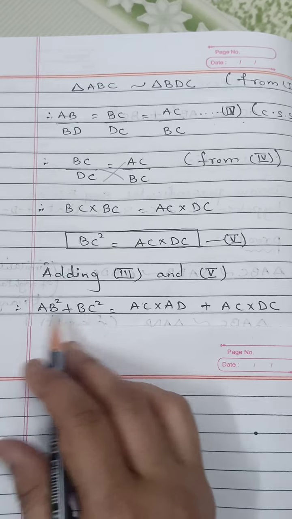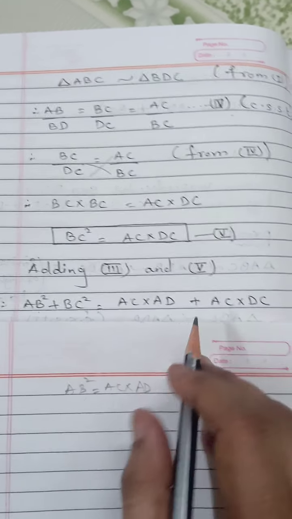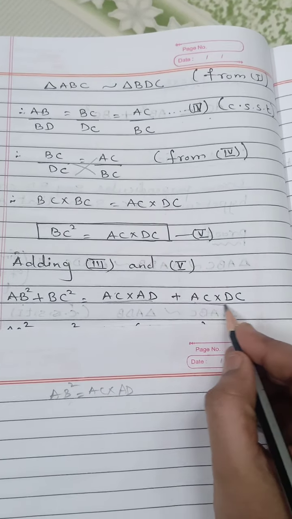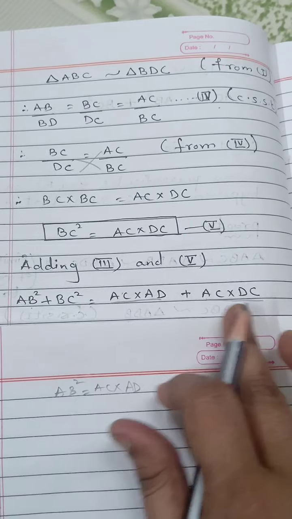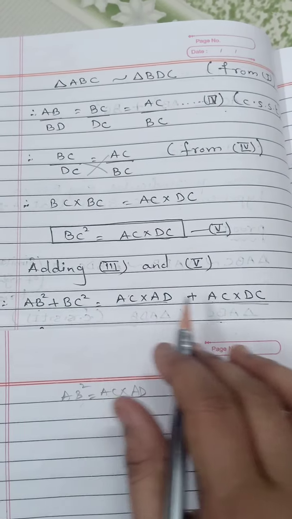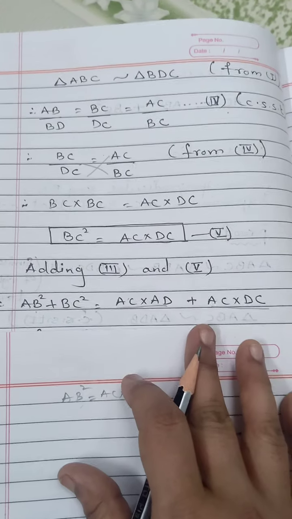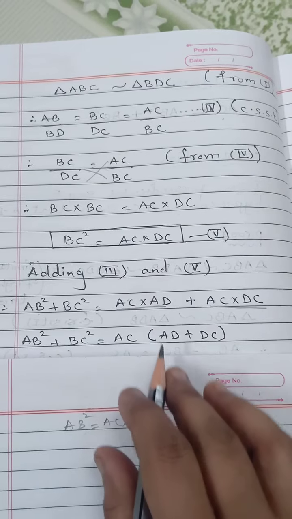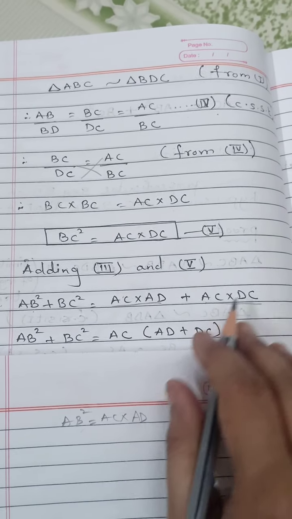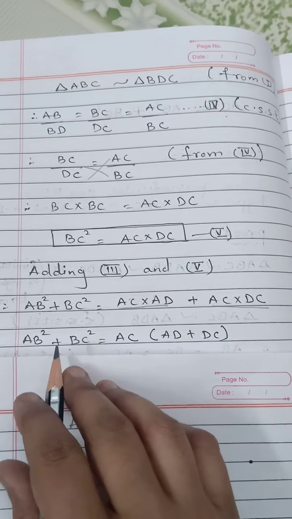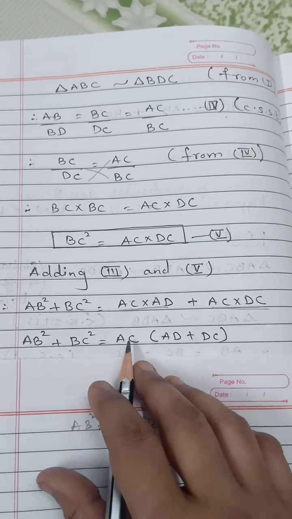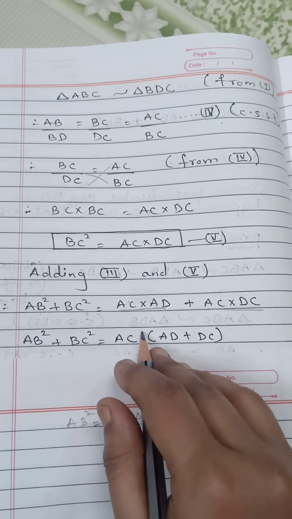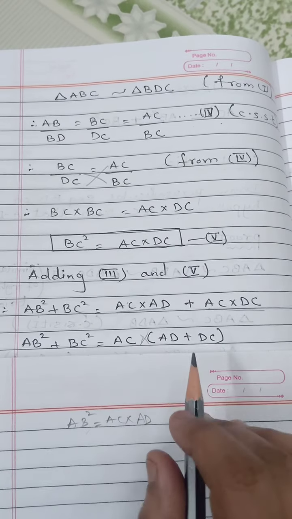Now the left hand side we will not do anything, we'll just take it like that only. Before this plus sign is the first term and after this plus sign is the second term. If you observe carefully, this AC is common in both the terms. So we can take this AC common. Whenever we take this AC common, AD will remain in between plus sign and here DC will remain. Again we will take the left hand side as it is. This AC will be again as it is. In between this AC and bracket nothing is there, that means multiply. So we will take the multiplication sign.